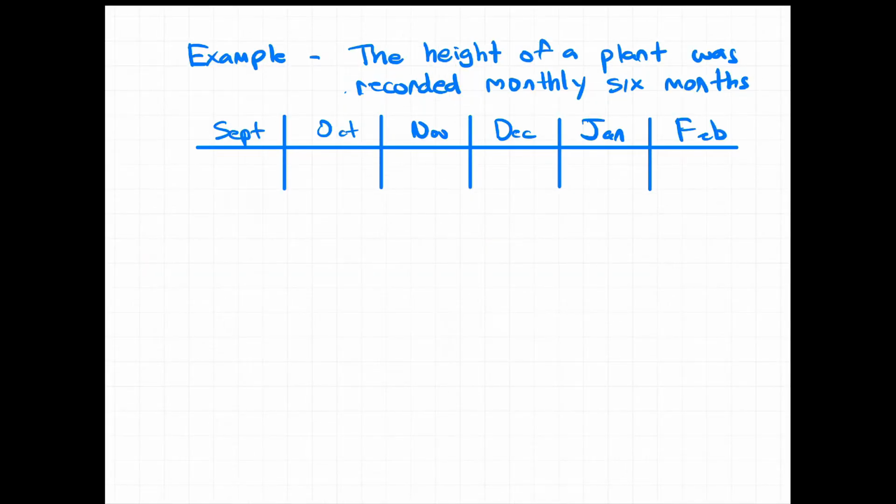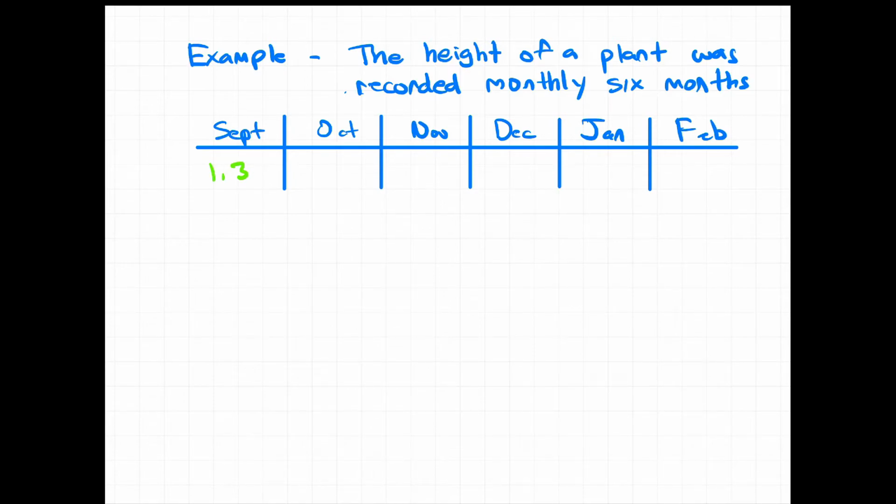All right, let's move on to a second example. That first one was dealing with number of students, so you can see the data that we collected was discrete. And this one is going to be an example of continuous data. So we're going to be planting a plant in our class and recording the height of that plant over 6 months. Okay, so in September, we measured it and it was